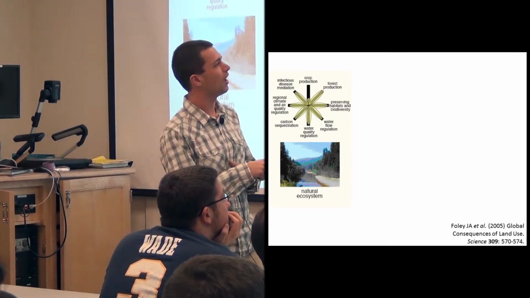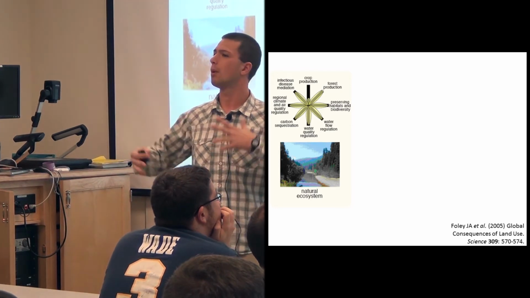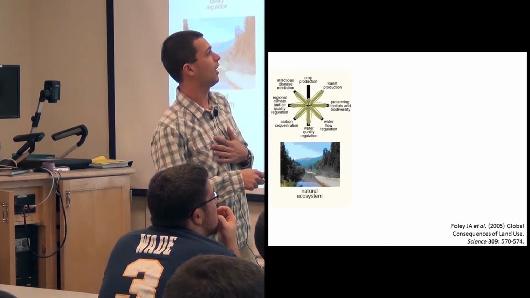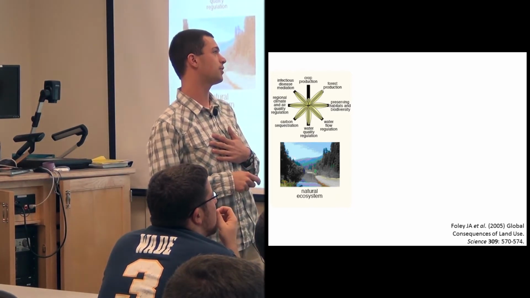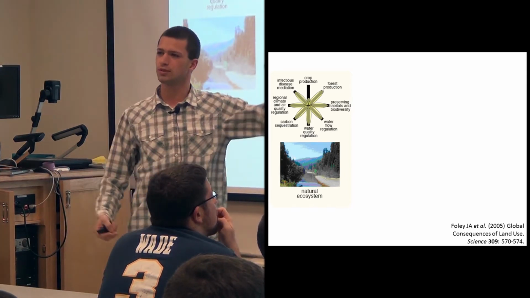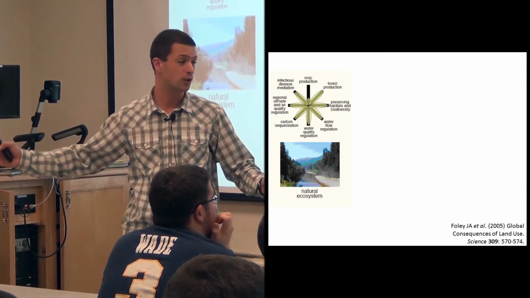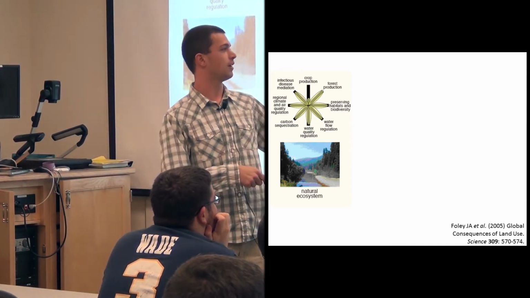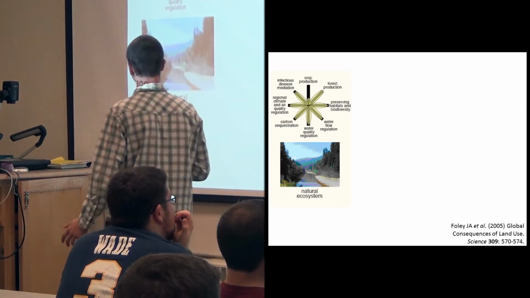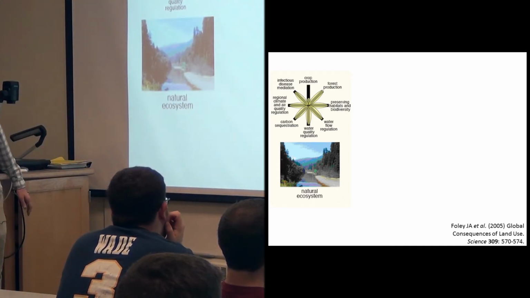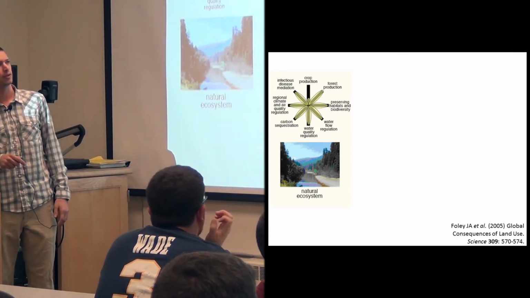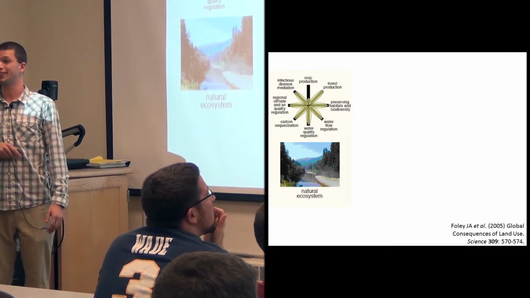But here's just an example of some of the things that you would want an acre of land to do. We have crop production, infectious disease mediation, climate and air quality regulation, carbon sequestration, water quality, preserving habitats, and forest production. So just a subset of the things that you could potentially want something to do. In this paper they looked at a natural ecosystem, and here's just a way of presenting what that system is actually doing. In general, that system is pretty good at a lot of things. The farther out this yellow bubble goes, the better it is at doing that.